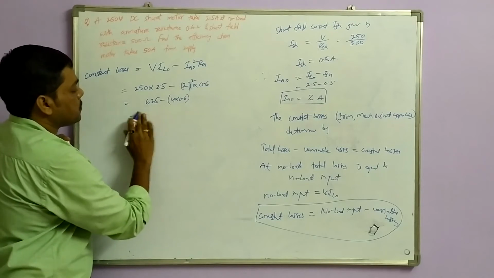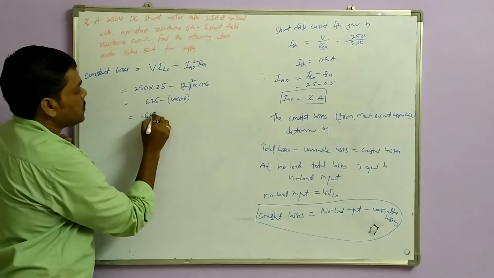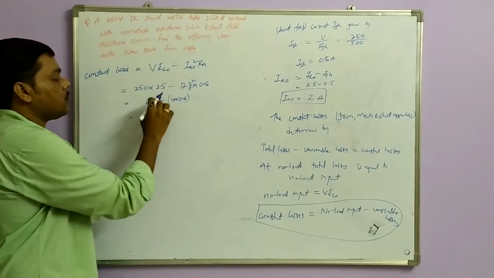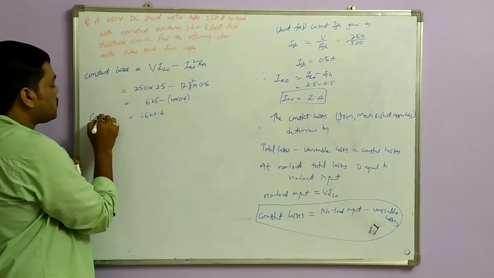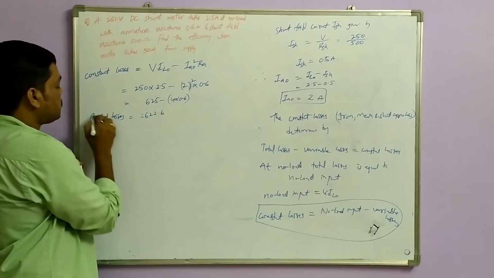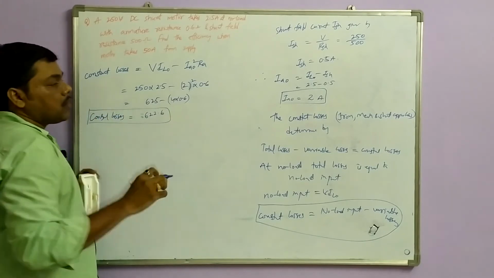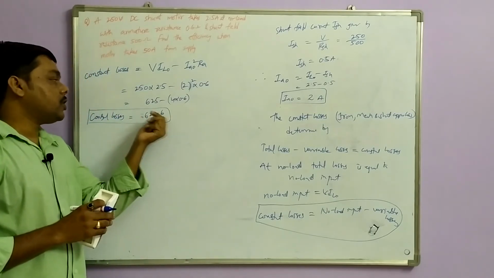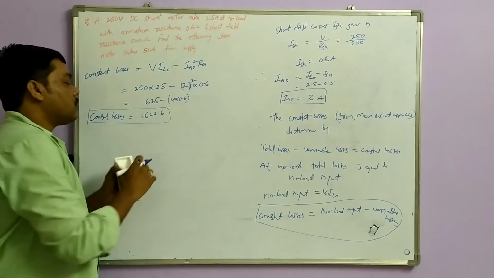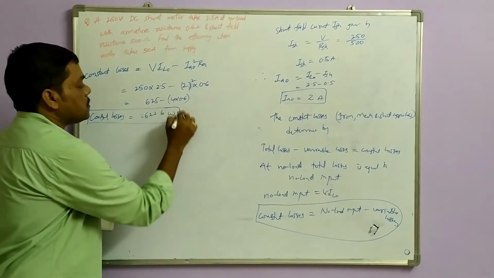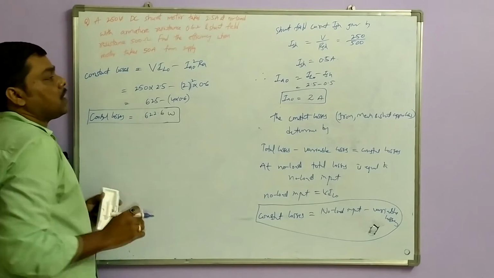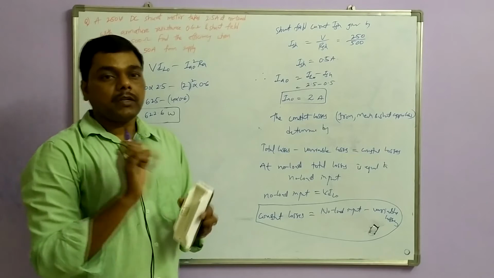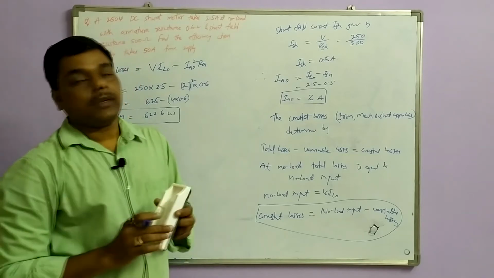So 622.6. It is nothing but 2.4. So this will be the constant losses. Now whatever the load, these constant losses are fixed. So 622.6 watts. So what is the units? These are the watts fixed for all load conditions, maybe 50 amperes or 100 amperes or 200 amperes.